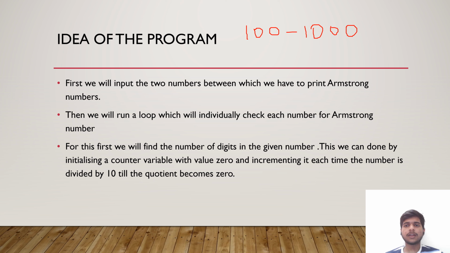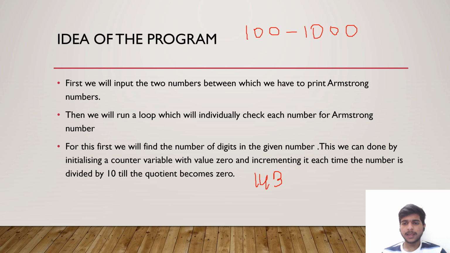First we will calculate the number of digits in the given number. And how to do that? Like we are given a number 143. 143 is a number, so we know it is a 3-digit number. So how to check it? We will initialize an int variable counter with the value 0,